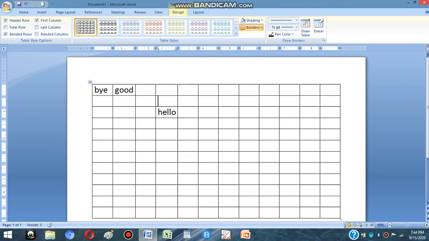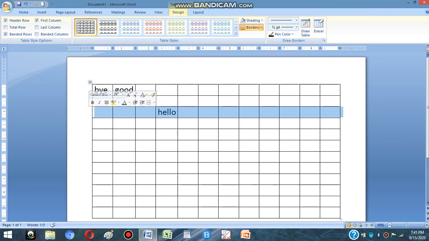Now if we want to select an entire row, meaning a single row, we have to move the mouse pointer outside the left edge of the table. It becomes a white arrow pointing to the right. Only click, and my entire row will be selected. And for an entire column, we have to move the mouse pointer outside the top edge of the table.